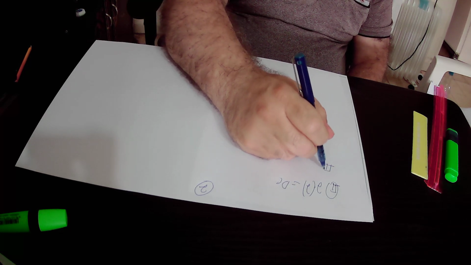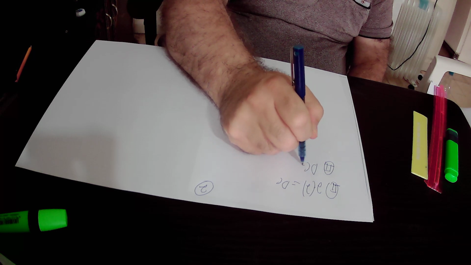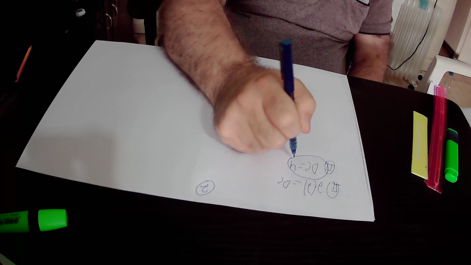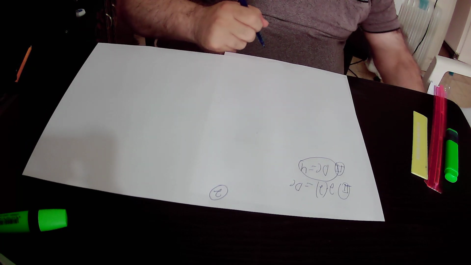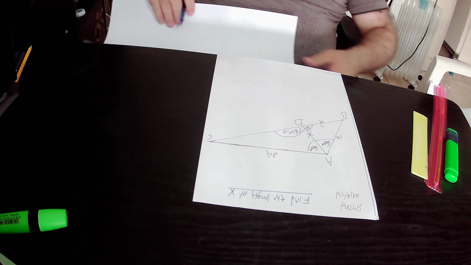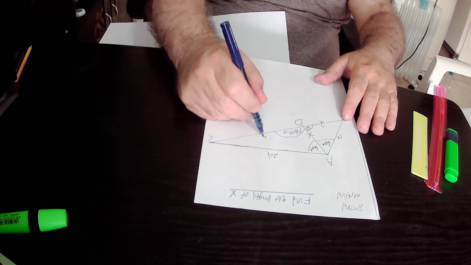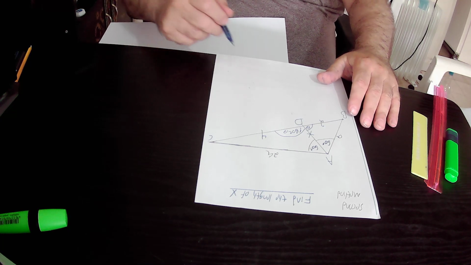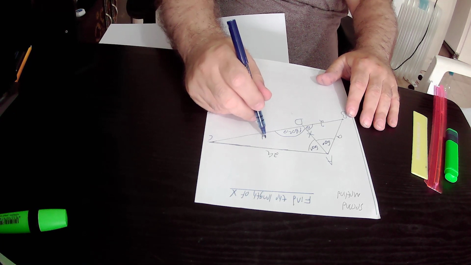That is to say, according to equation number 2, DC equals 2 times 2, which is 4. So DC equals 4 units. We can write here that DC equals 4 units, exactly as we wrote in the first method. As a result,